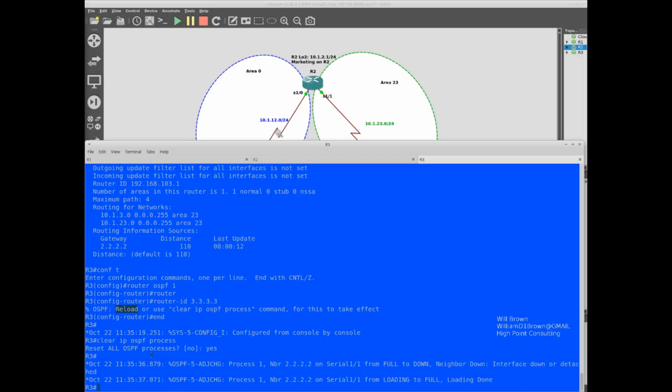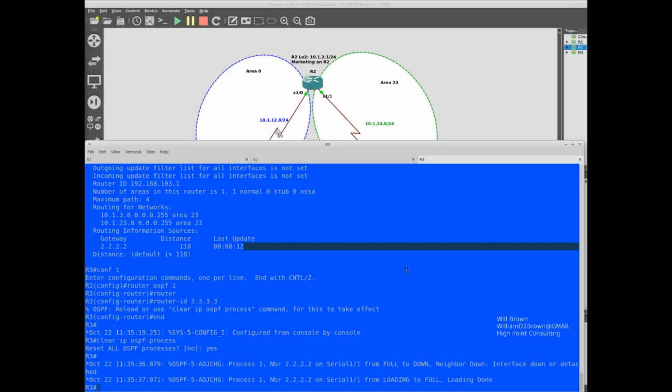However, in production this could take a little longer, and it is an outage when that happens because we go from full to down, neighbor down, interface down, or detached. It comes back up. We're talking microseconds here, but in production this could take longer, and it still is an outage, and outages have a cost, but we've gone back to full and full.